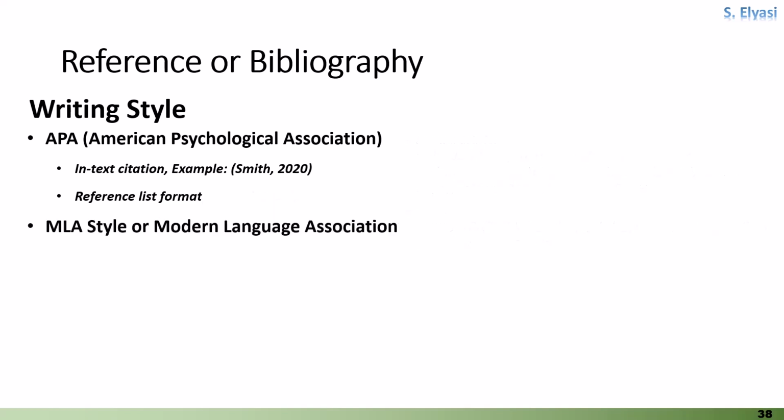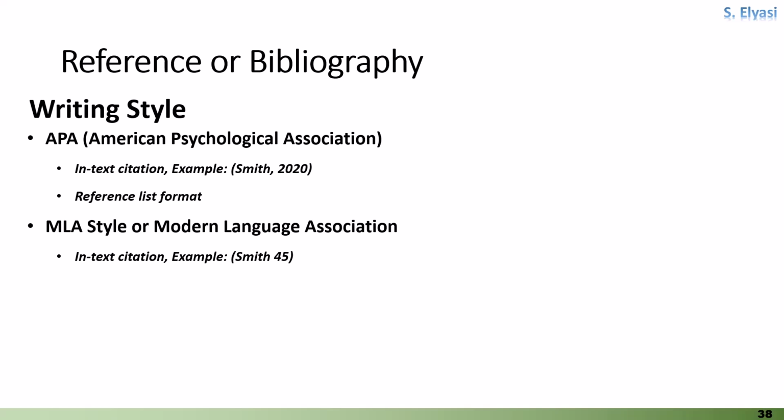MLA style, or Modern Language Association style, is widely used in the humanities, especially in fields such as literature, philosophy, and the arts. It uses the author-page format for in-text citations and provides detailed reference information in the Works Cited section. In-text citation.